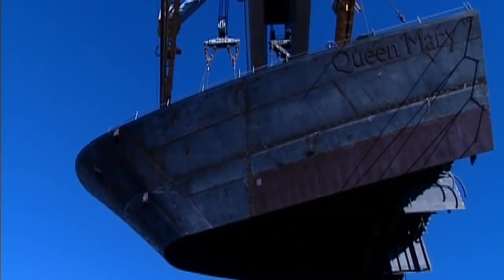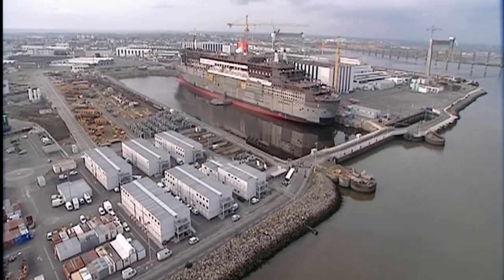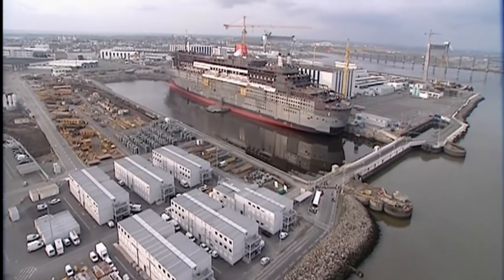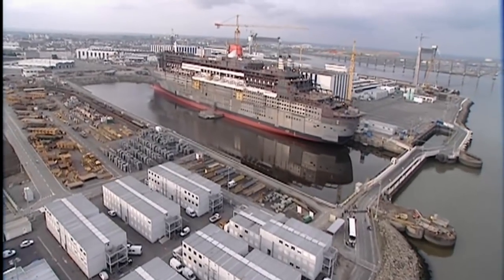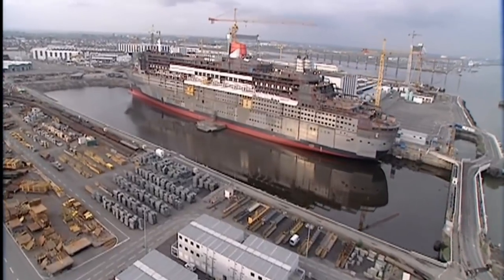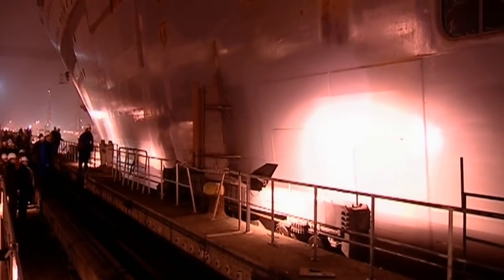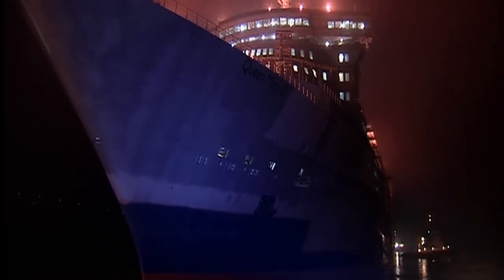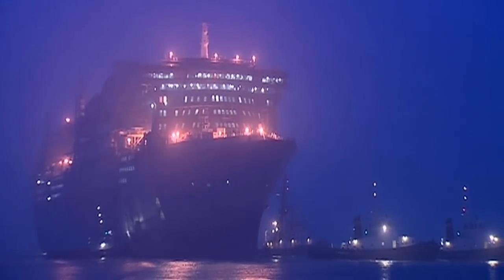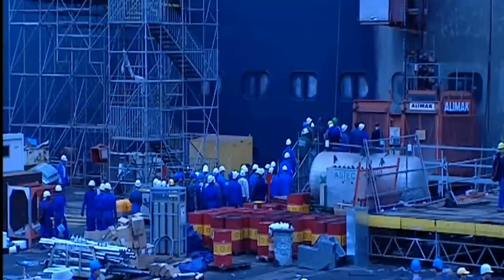And from those 2 blocks, the other blocks were systematically added, and then by March of 2003, the ship was structurally complete, 50,000 tonnes of steel in the dock, and she was floated and moved around to the outfitting quay. From the end of March 2003, when the ship floated out, up until the end of September, a lot of